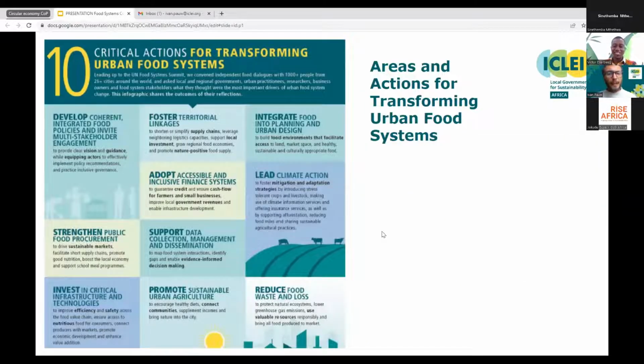Over the past decade, many local governments in Africa and across the world have implemented and are in the process of implementing sustainable food system strategies that really aim to develop more local food systems, strengthening food safety, reducing food loss, utilizing food waste, and leading climate action. These critical 10 actions that you see on the screen